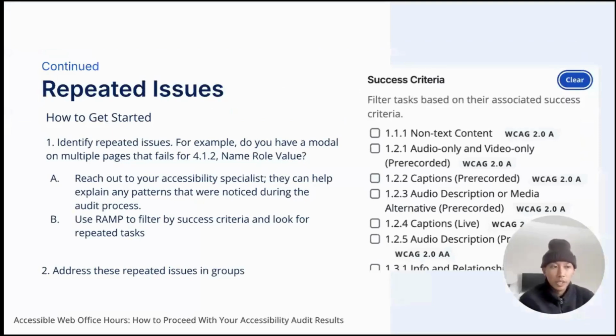So we want to identify repeated issues. For example, if you have a modal on multiple pages that fails 4.1.2 Name, Role, Value, you can use the RAMP filter again to sort by success criteria and look for repeated tasks. Or you can reach out to your accessibility specialist and they can help explain any patterns that they noticed